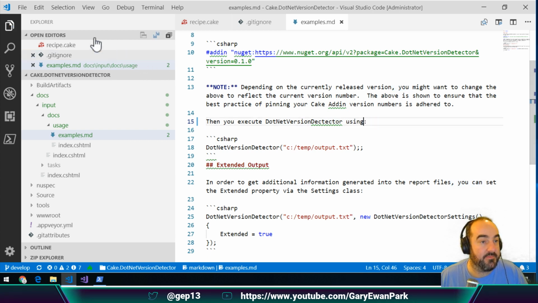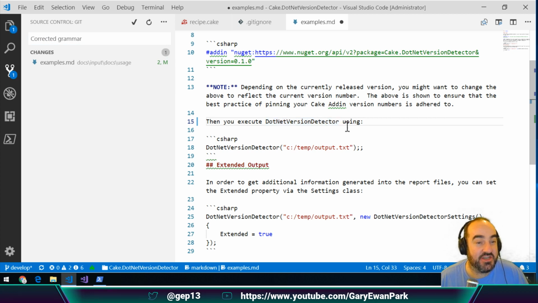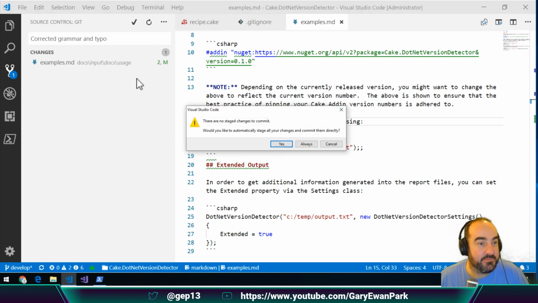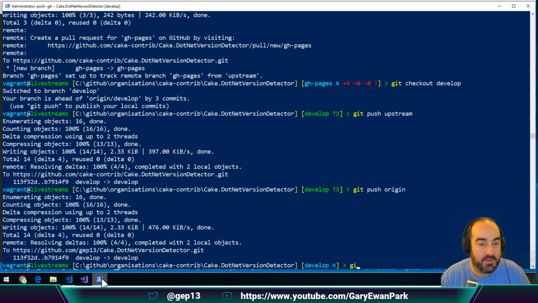Okay, let's save that, and let's give that a commit message like updated, corrected grammar, let's call it. Okay. Fix typo in .NET version detector. Yeah, I probably should do that, Kim. Thank you. Kim's suggesting that I change that to make it not have a spelling mistake. Well spotted. Corrected grammar and typo. Save that. Always save. And then let's do a git push